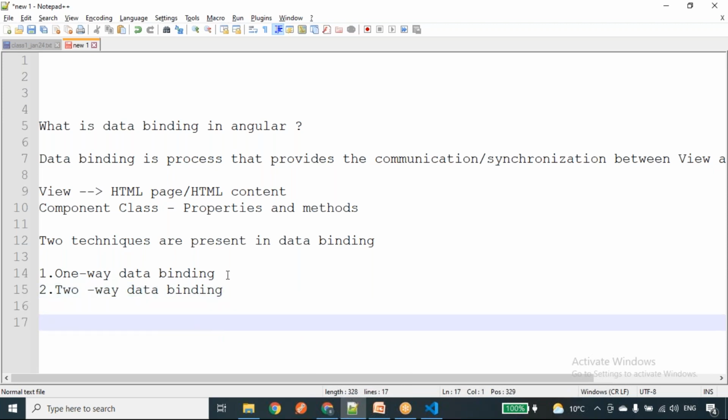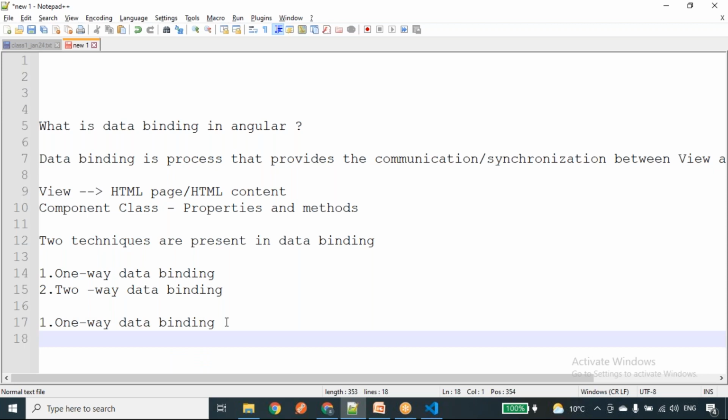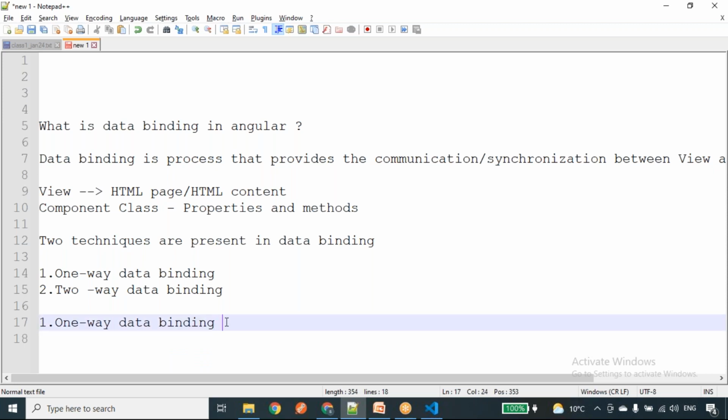In one-way data binding, the direction of the communication will be in only one way, a single direction.